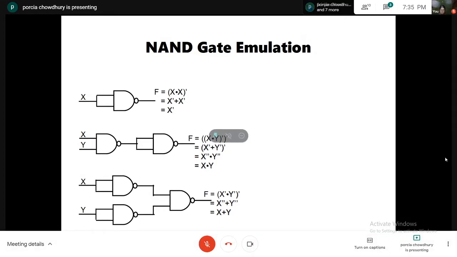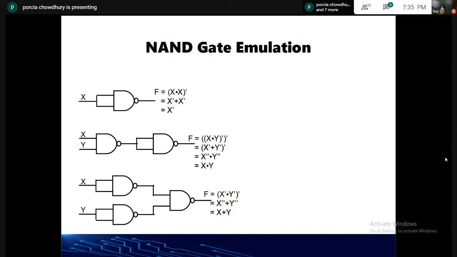Ma'am, for the last 2 diagrams, if we replace the NAND using NOR, we will get the separate gates. I mean, AND and OR, we will get both using the same De Morgan's theorem. Like for the third diagram here, if we use the NOR gate, then we will get AND. And for the second diagram, if we use NOR, then we will get OR. And the first diagram will remain the same, we just have to put the symbol of the NOR gate.